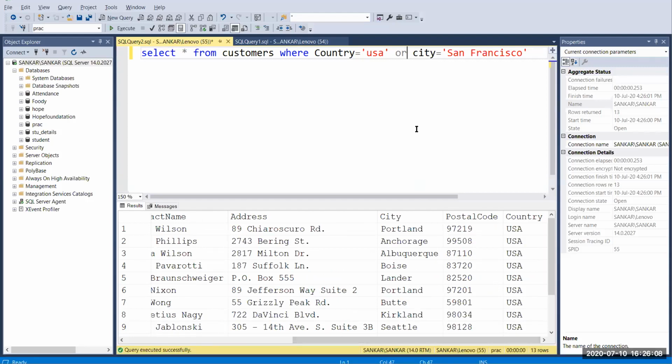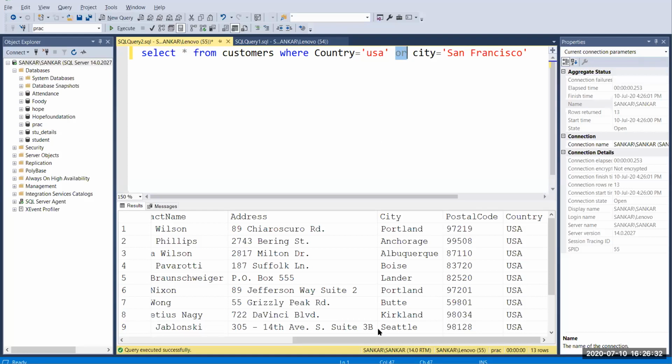Okay, so if any one of the conditions gets true, the OR logical operator will print all the records.